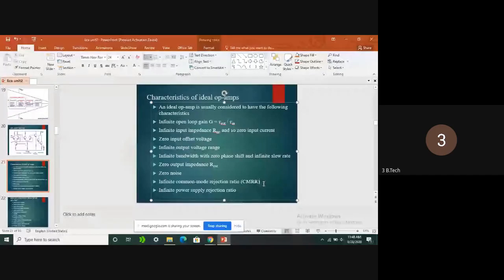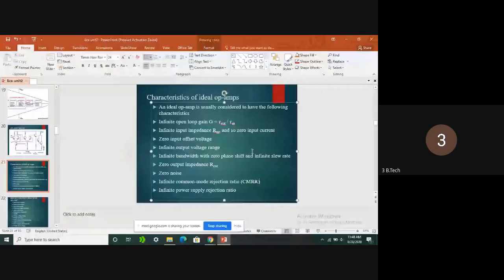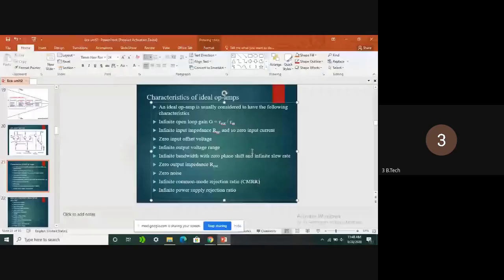Okay, these are the ideal characteristics of op-amp. If you get a 2 mark question like what is the offset voltage, or what is CMRR, we need to explain that in 2 to 3 lines. And what is zero output impedance for ideal conditions? Or else, if you get the question, what are the characteristics of an ideal amplifier, then we can place the answer like this only.